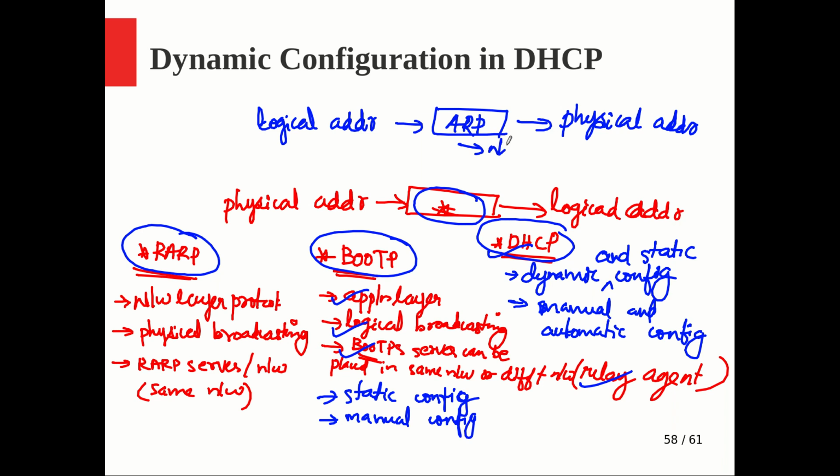It is a network layer protocol only. And you may be thinking why we don't have an application layer option for ARP, but it is not needed, right? It's something I already tried to explain in the previous slide also. Depending on demand and requirement, we are changing our thought process, like why don't we do it in an application layer protocol, so that things will work nicely. Anyway, this reverse ARP is an obsolete protocol, so it is no longer used anywhere. But if you look at ARP, still it is used in the same way, right now also.